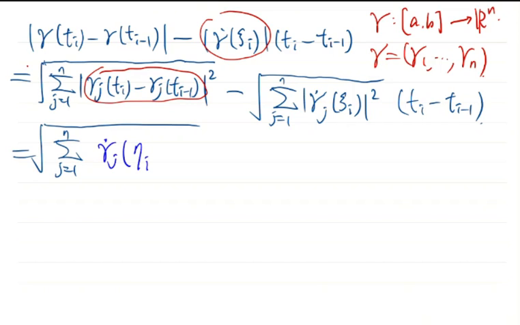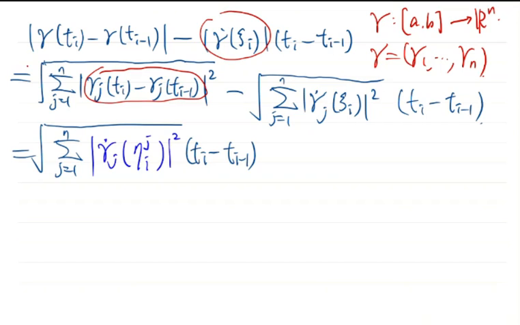But for each component, it is different. So it also contains a label j, then squared. Then ti minus 1. Maybe I will change the color. Okay? Applying the Lagrange mean value theorem to the red circle part in the previous step,